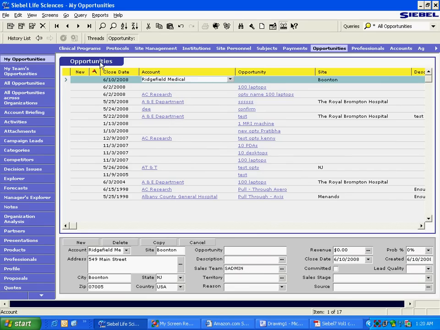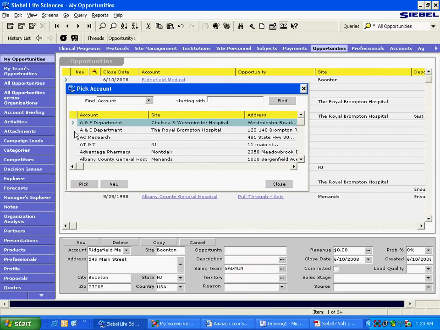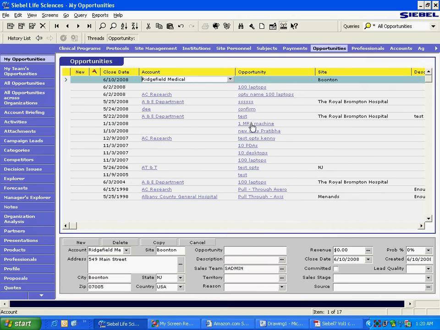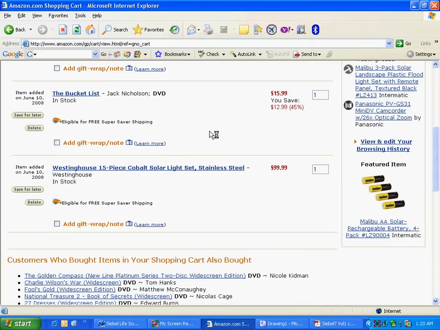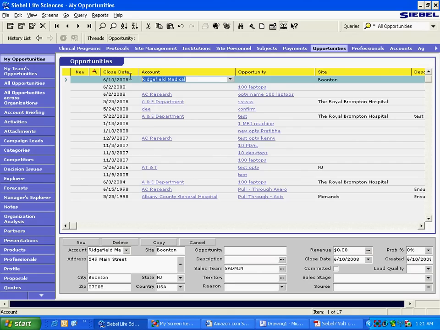How will it look if you choose two, if you associate two accounts with one opportunity? We cannot, because let's say Amazon has a rule that we can buy only one item, right? That means it will not be an MVG, it will be a single value field. So the point is, this is a property of this field that it does not accept more than one.